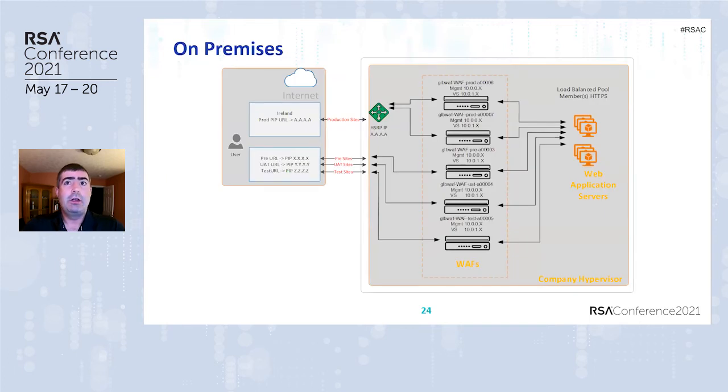And this is a general architecture drawing of what our on-premises looked like from a high level. As you can see, once again, we have a load balancer in front of the first two production WAFs. So logically, if we were to do a lookup, we would be returned the IP address that is on the load balancer, A.A.A.A. For the lower level environment, the public IP address that would be returned is actually logically located on each of the WAFs themselves.